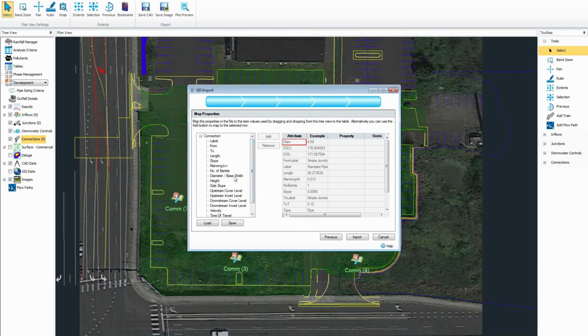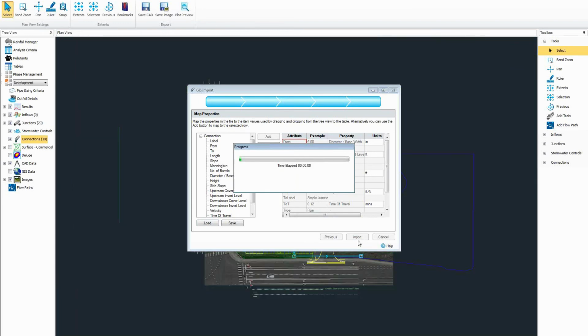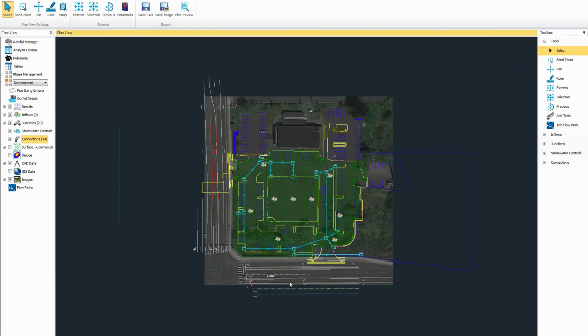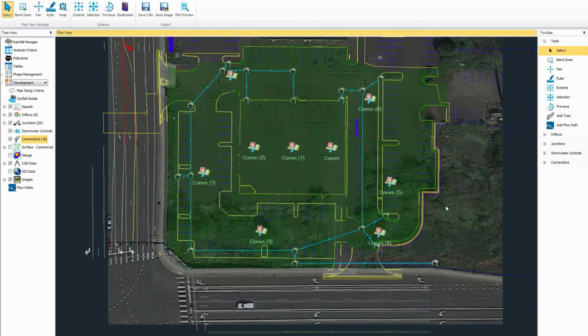I mean, pretty obvious what it is we're doing here, but diameter is in the attribute file for that GIS shapefile, and here I could map diameter to that. I can also load in, it just takes a second, but just to show that you can, I happen to map this before and I just saved that mapping. Okay, so I can now import,